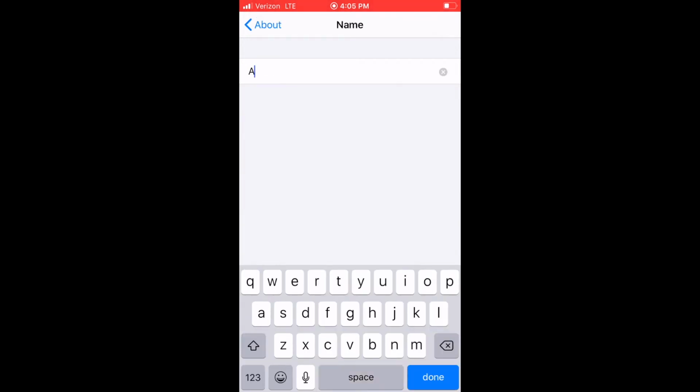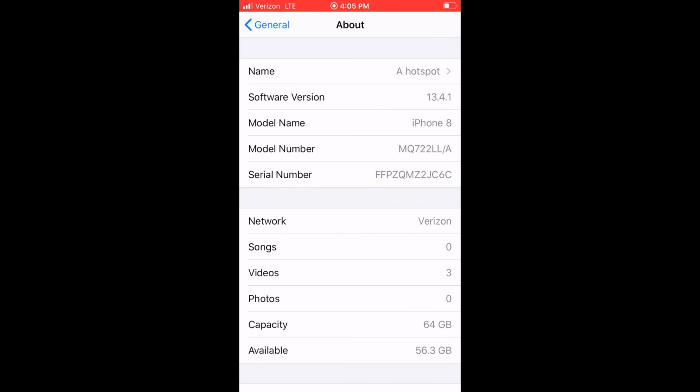For this tutorial, I'm going to change the name of this device to a hotspot. So you just type in your new name here and click Done on the keyboard when you're satisfied with the name that you've chosen. Once that's complete, you can click the Home button to exit the Settings menu and return